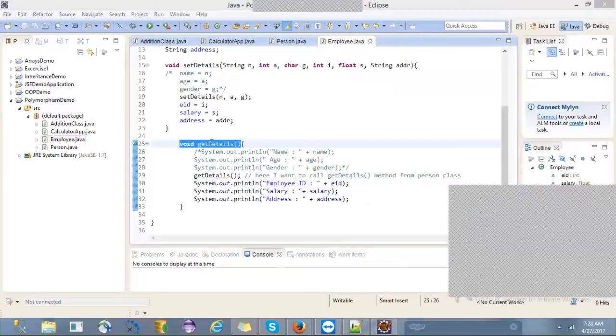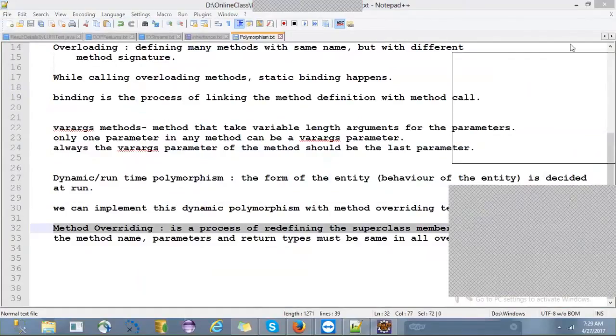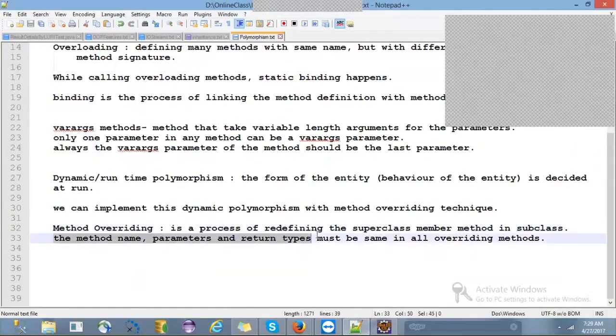The same thing we write in the subclass also. That is what we call method overriding, redefining the superclass method in the subclass. So the method name, parameters, and return type must be the same in all overriding methods.